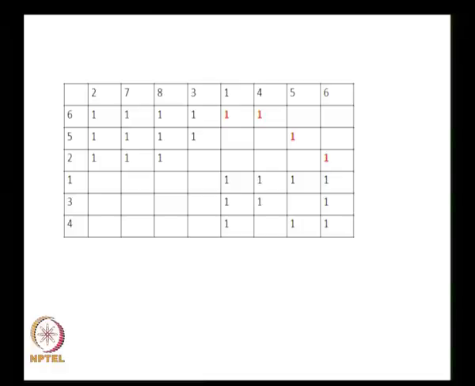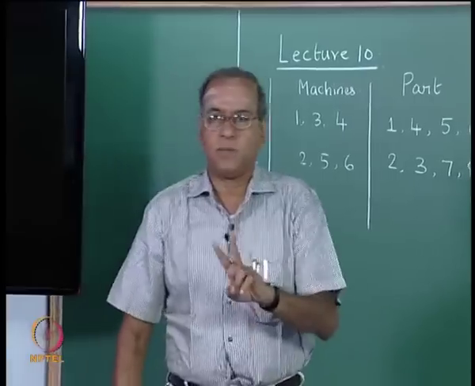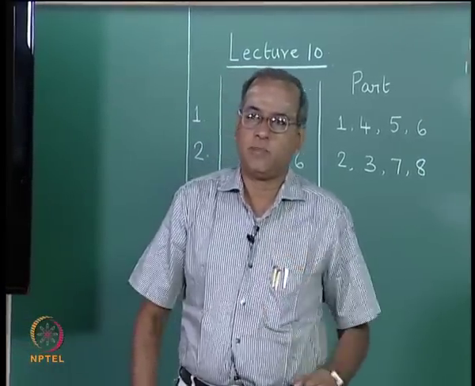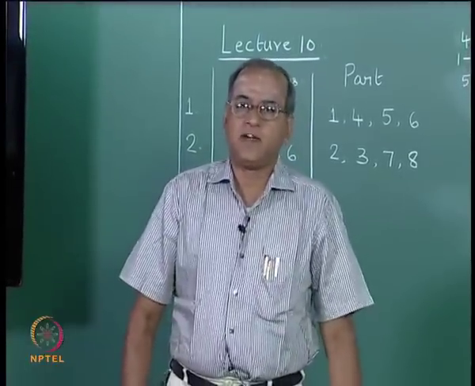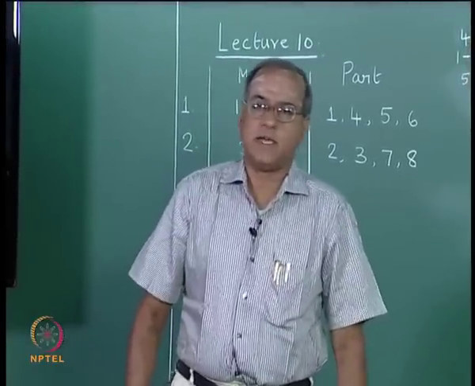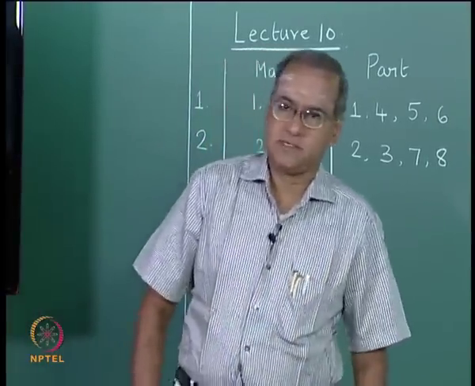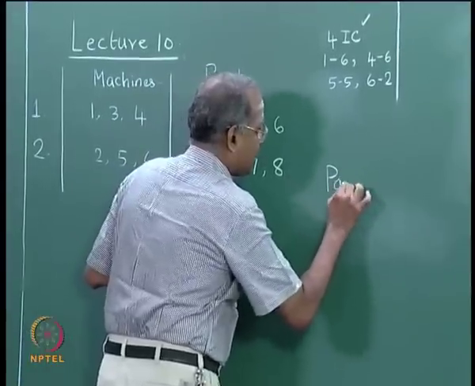So, this way, using this rule we can now assign parts to available machine groups. The rule has 2 important aspects. Each part will go to the machine group where it visits the maximum number of machines, and in the event of a tie it will be assigned to a group which has the smallest number of machines. So, we can call this rule a part assignment rule,